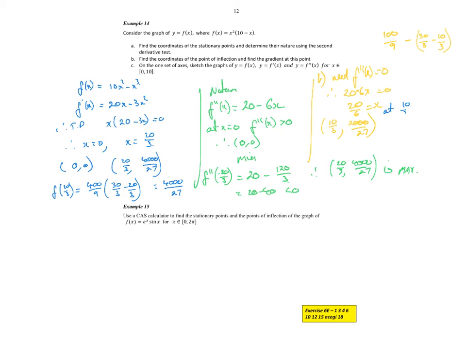At 10 on 3, f dashed of 10 on 3 is equal to, what's it going to be? It's going to be 200 on 3 minus, what's that? 100 on 9 times 3, 300 on 9. So 600 minus 300, which is going to be positive 300 on 9. So that's what the gradient is. Gradient is equal to, what's that about? 27 is 3 times, isn't it? So it's about